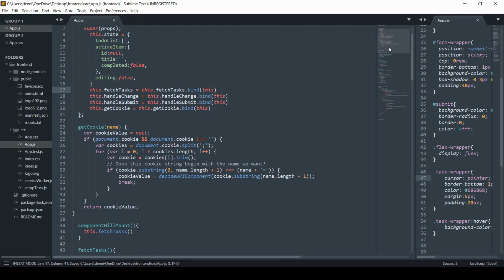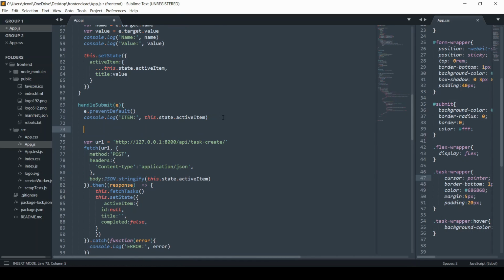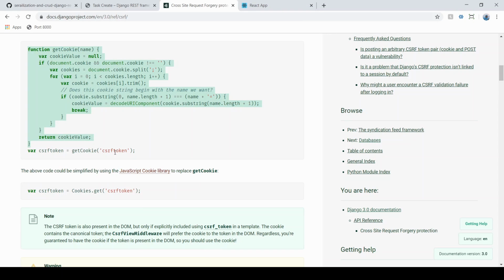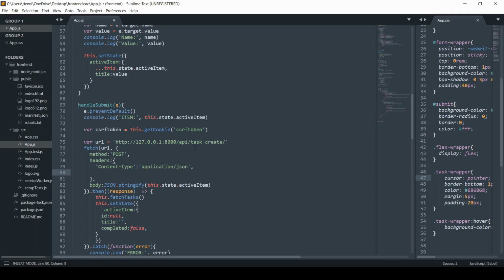And now we want to use it within our handle submit function. So what I'm going to do is set a variable called CSRF token. So var CSRF token, and that's going to be equal to this dot get cookie. And we just need to get the CSRF token just like the Django documentation tells us to. So we're just going to use that method right there, and we're going to pull that in and then pass it through our headers. So CSRF token, and in our headers right here, just under content type, we're just going to do